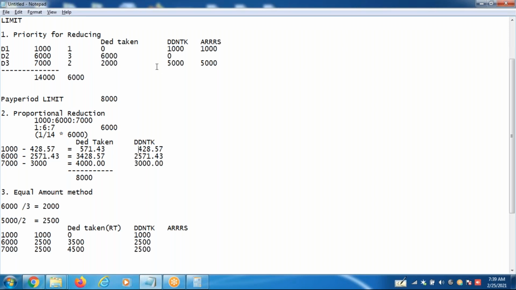Okay, so with the priority method you can reduce the deduction, proportional reduction, equal amount reductions. So let's look at the same example now in the system.